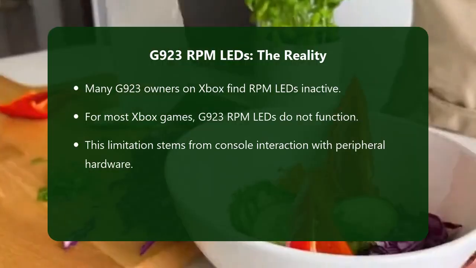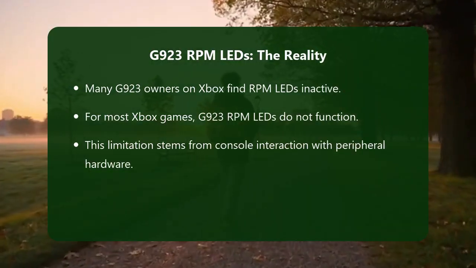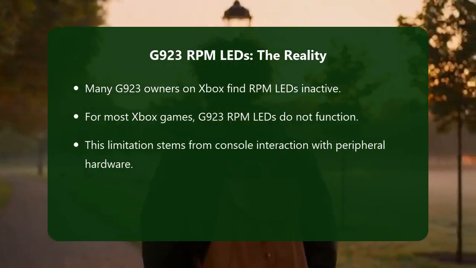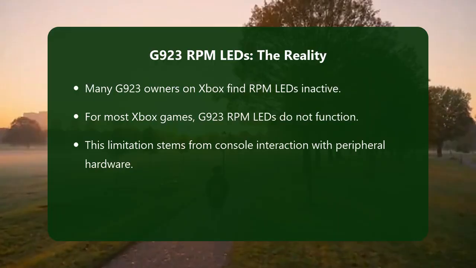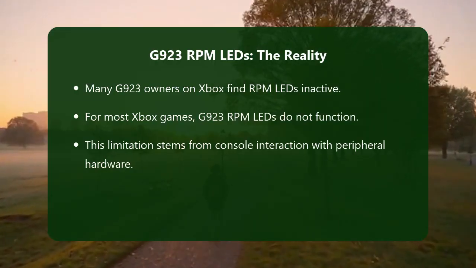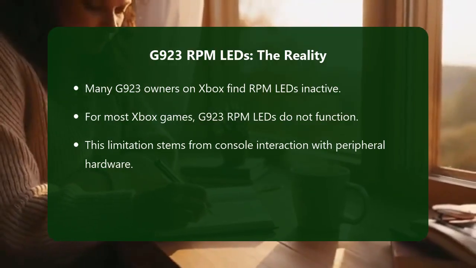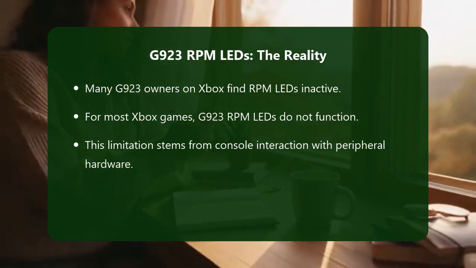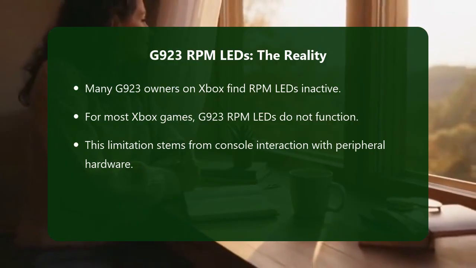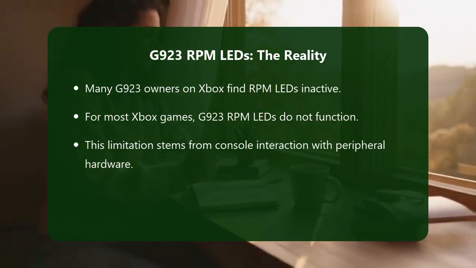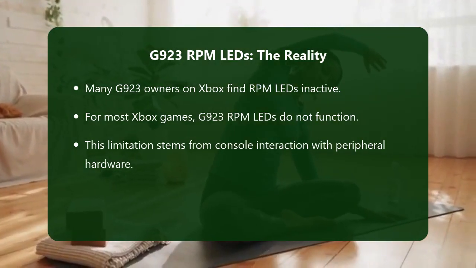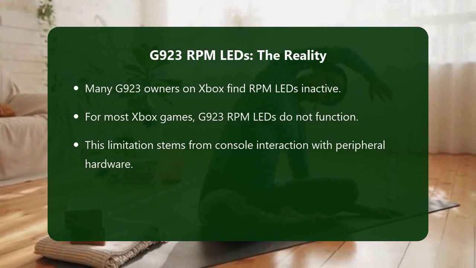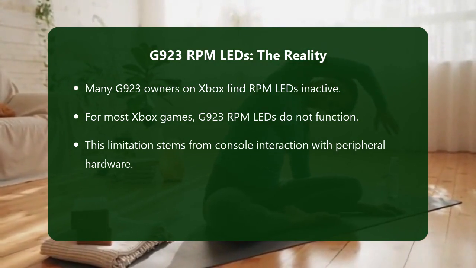The fundamental truth, which often comes as a disappointment to many, is that for the vast majority of games and scenarios on the Xbox platform, the Logitech G923's integrated RPM LED lights do not function. This isn't typically a defect with your wheel, nor is it usually a setting you're missing within the Xbox interface itself. The primary reason stems from a limitation in how console platforms, specifically Xbox, interact with peripheral hardware features like